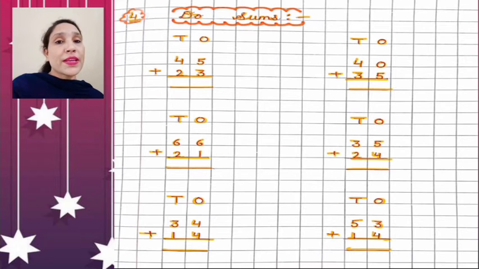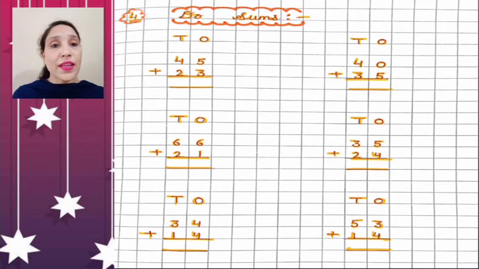So first number is given here 5 and second one is 3. You have to count number 5 on your finger. Firstly you will count 5 fingers on your hand. Okay, after that you will add 3 more fingers in that fingers. So now how many fingers you will get in total? You will get fingers 8. So we will write here number 8.